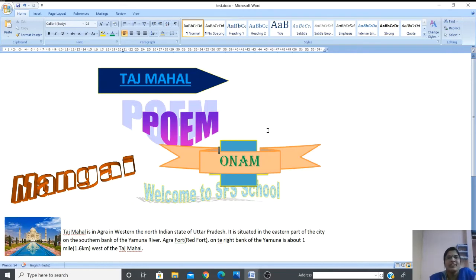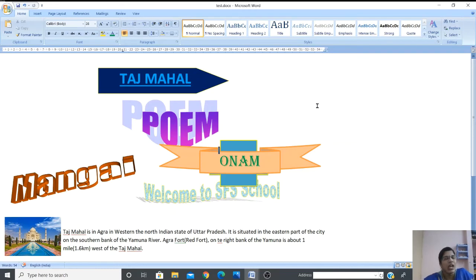Got it, students? So this is today's lesson. I hope everyone understood. We have seen now how to create word art and how to add an attractive heading using a text box. Second one using word art. Then we have seen how to format both, how to make it attractive by changing the color, shape, and applying the shadow effect. Then we gave a fill color, everything we have applied.